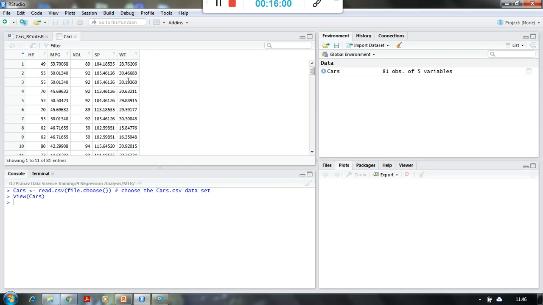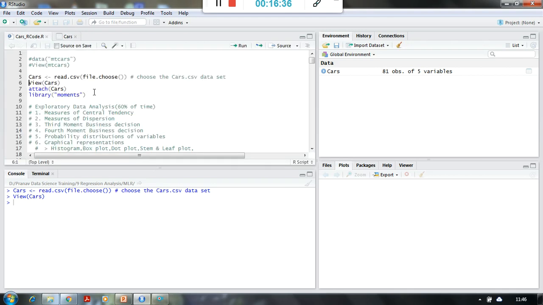So we have seen in our very first lecture that whenever we are able to express our data in decimal format, that becomes our continuous data. So we have continuous data, and our output variable MPG is also continuous, which means we can go ahead and build the linear regression model. And as there are a lot of inputs available, we can go for a multiple linear regression model. And number 3, there is no discrete value available over here, so we don't need to create any dummy variables. So we have a total of 5 variables, out of which 4 are inputs and 1 is output.